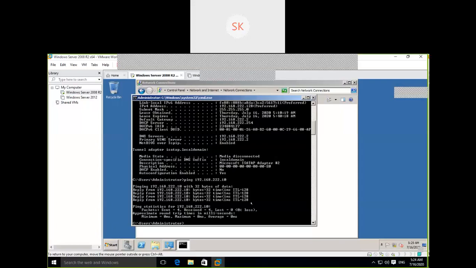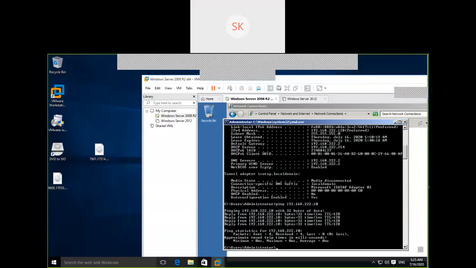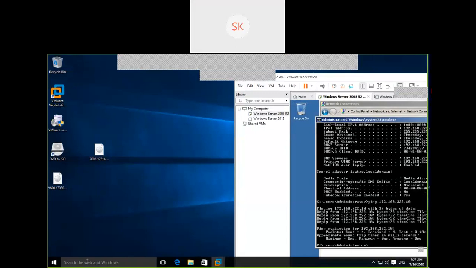Okay, next, come back to your desktop. Leave this VMware Workstation, come back to your desktop. We should be able to ping this particular IP address from your desktop system. Now we are at the console screen. Open command prompt.